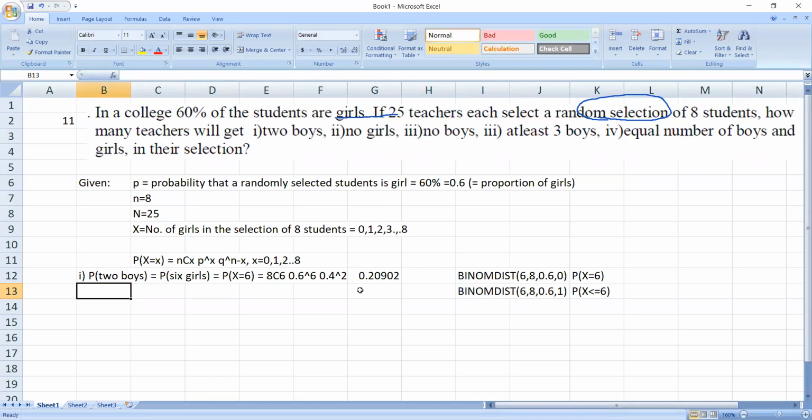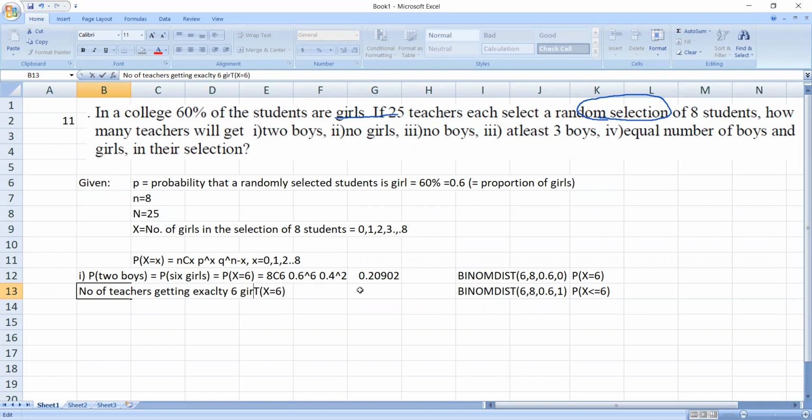That means if you select 8 students once, what is the probability of having 6 girls among them? That is 0.2090. Similarly, if you repeat it 25 times, the number will be the frequency, which is basically nothing but the number of teachers. So the number of teachers getting exactly